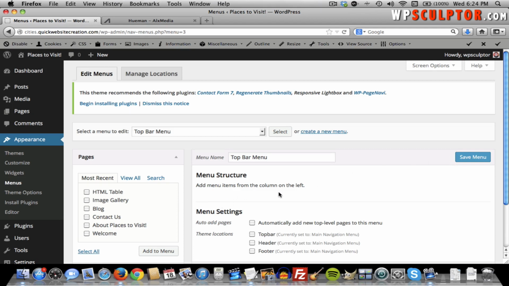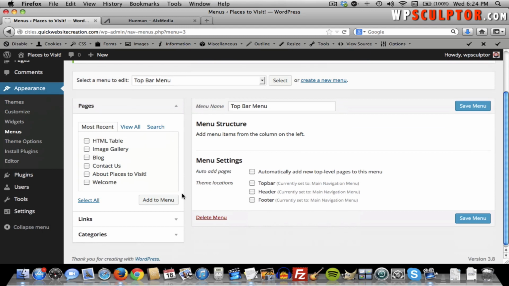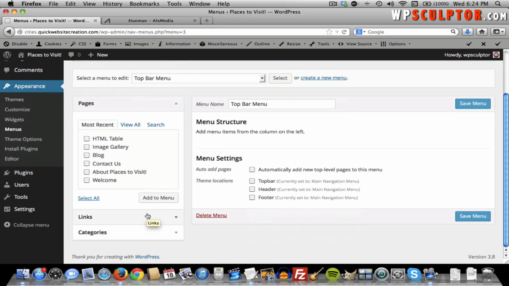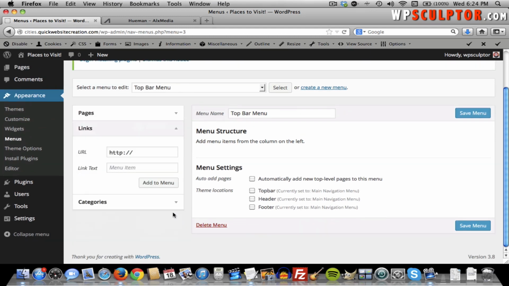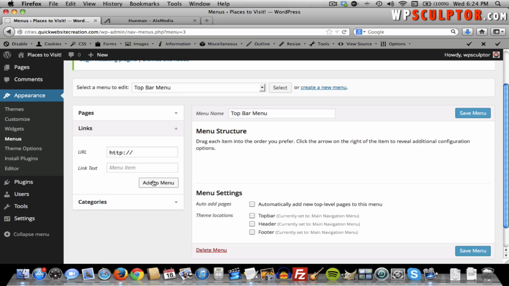and let's say I want to link to external pages, pages that aren't on my website but are just on the web. The way I would do that is the same way we did our additional features menu item. Use a link, and let's say I wanted to link to google.com, for example, and I just want to call this Google. Well, the URL would just be google.com, and just make sure you have that http:// in there. Click on Add to Menu,